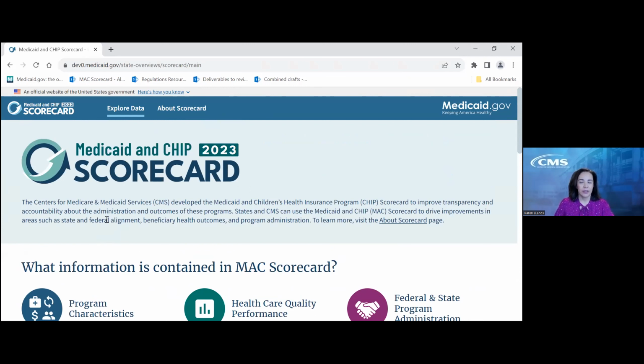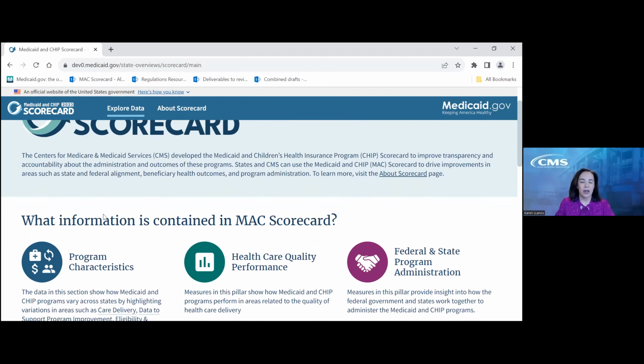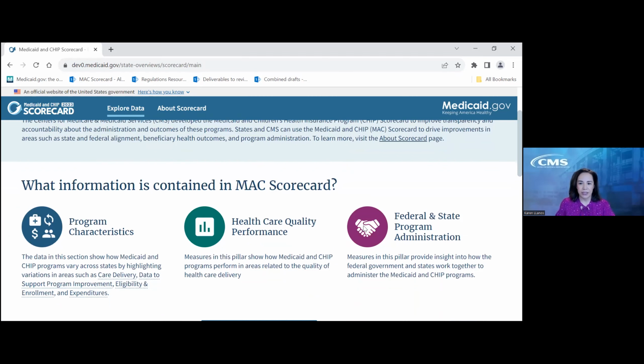Okay, so we are in the redesigned scorecard, and this looks slightly different from what folks might be familiar with. We have lots more information under About, but if you want to get into the metrics, we still have our different pillars.